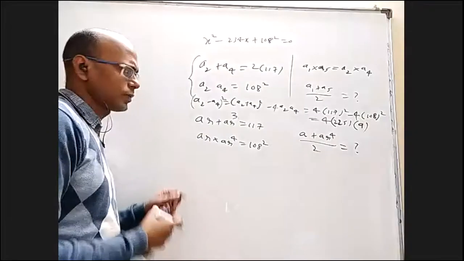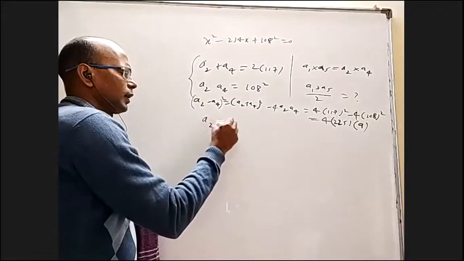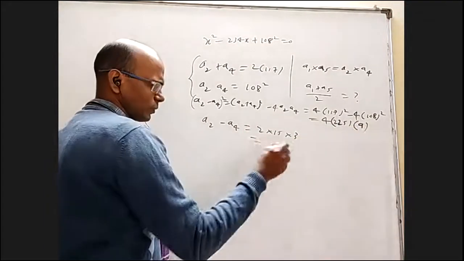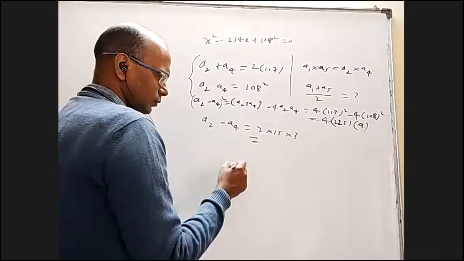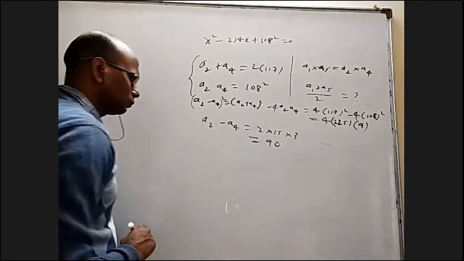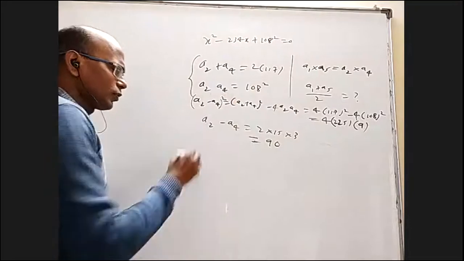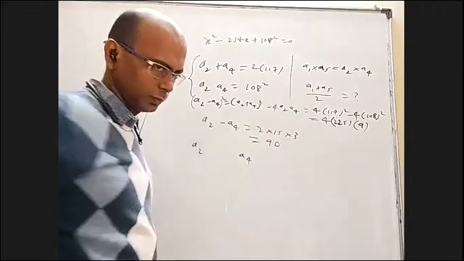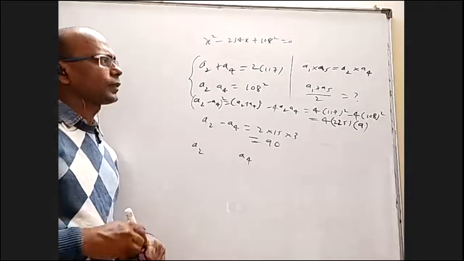So now finding, I think quadratic equation also you can solve, not a big issue. A2 minus A4 is 2 into 15 into 3, square root of this. I don't know, they said increasing GP or decreasing, it may not matter, I guess. So A2 minus A4 is 90. A2 plus A4 we know. We solve, we will get A2 value and A4 value. Then you find A value and common ratio and then put in this. Okay, it's a matter of solving only. I don't think any issue is there. Is this okay?